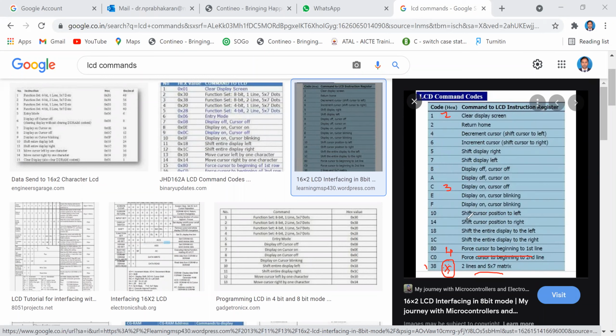And before that, you can shift the cursor to the right side. So this can be fourth and this can be fifth. These are all the important commands you must follow in order to display your characters on the LCD.